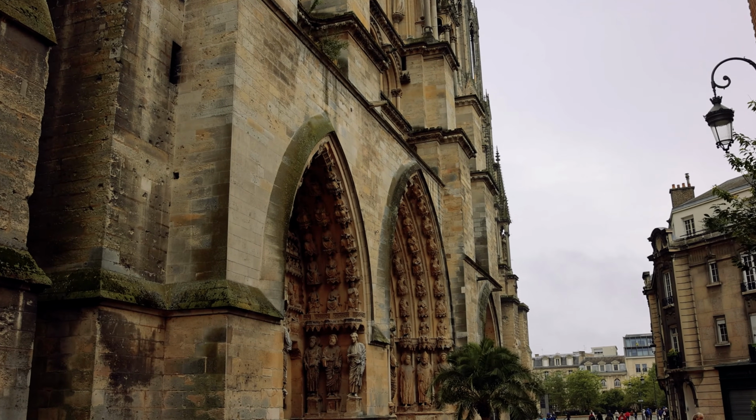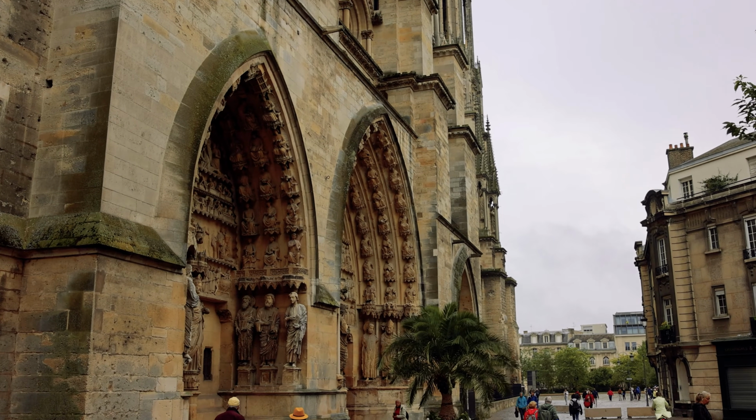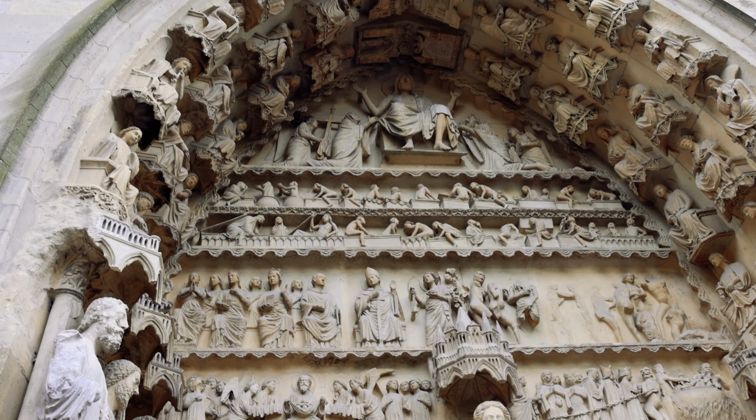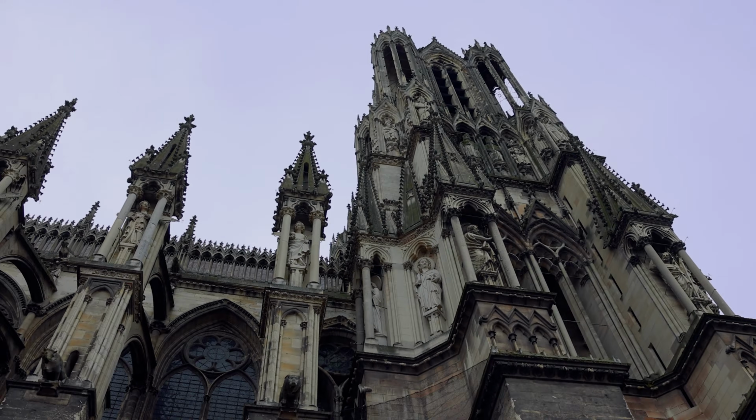Reims Cathedral has roots that date back to the 5th century, and it tells so many stories. Along the outside walls, you can even still see bullet holes or shrapnel holes where the building was damaged during World War I. There's a lot to take in around the building, and the exterior is grandiose, but the inside